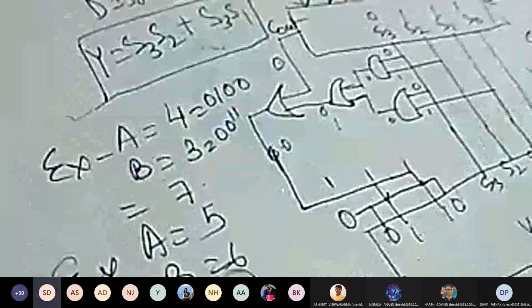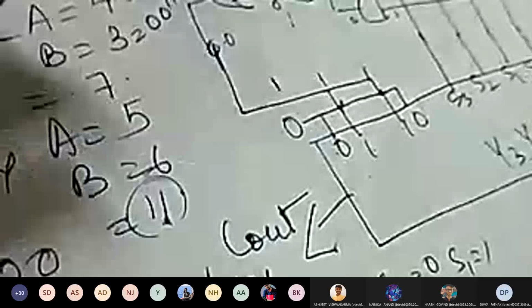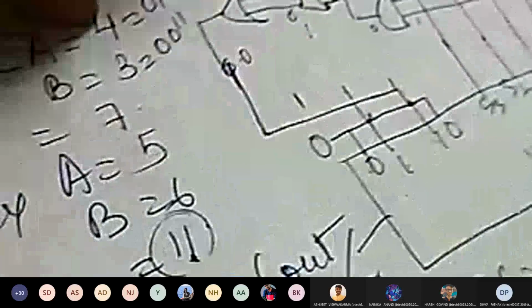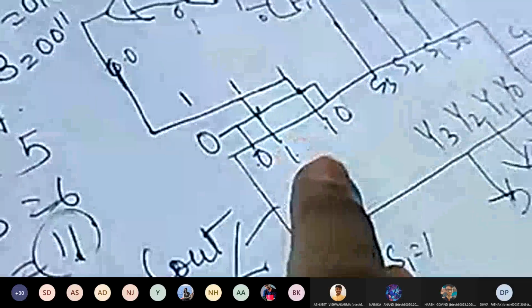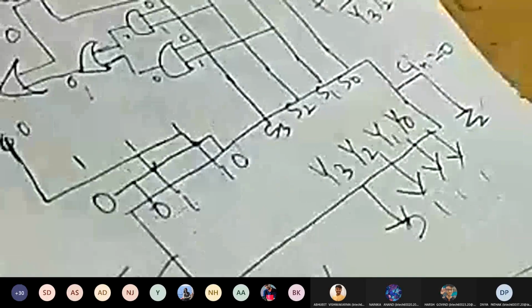So you take two values like these by your own. I have proved 4 plus 3 and 5 plus 6. In one case we don't have to add 0 1 1 0, and in one case we have to add 0 1 1 0. So we have proved it all. Now it's your duty, dear students, to take any two numbers, one which is within BCD and another that is more than BCD, and put them here and you will get the same thing. Okay. So today this much only.